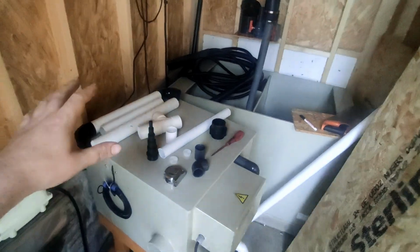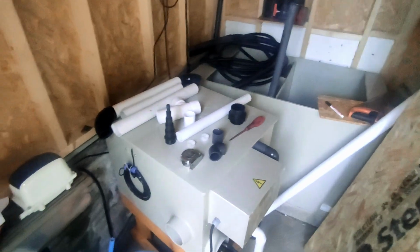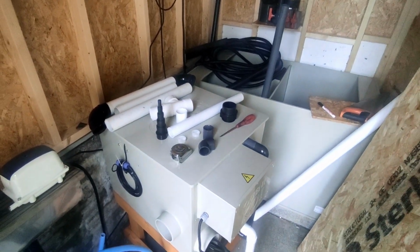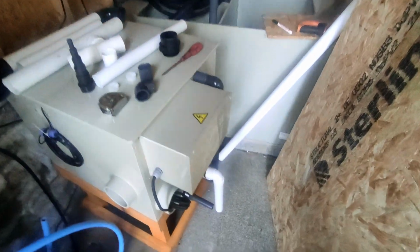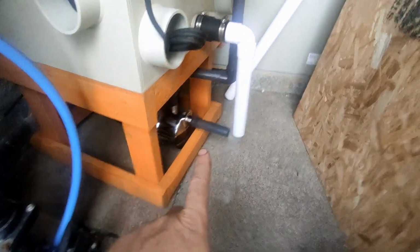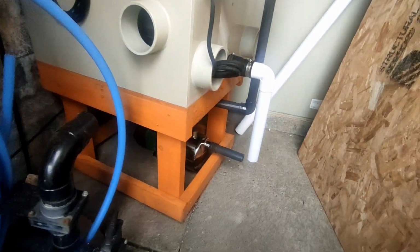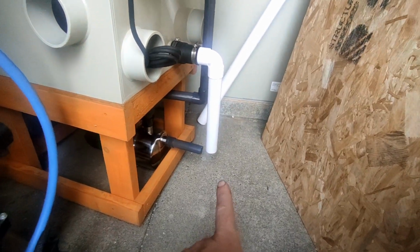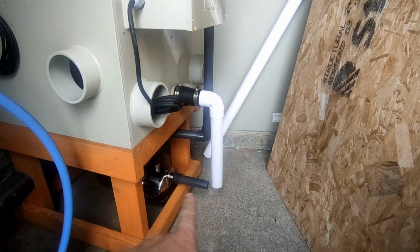Now, I can't be the only one who has loads of bits and fittings just laying around. Had them for years. I'm hoping I can actually put them into use on this project. So I've spun the drum around just so I can get access this side. Underneath there is the high pressure pump that comes with this drum as part of the kit. Now I'm looking to plumb this in using what I've got. All I need is one rubber boot to join these two pipes together here,